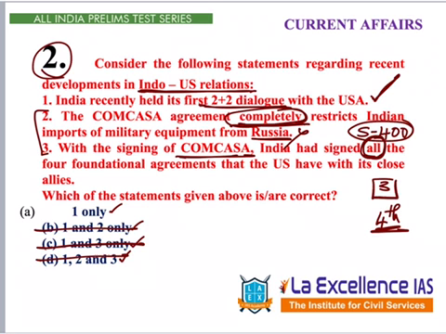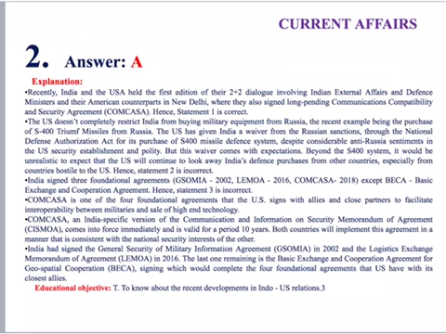So true, eliminate. The answer is A, 1 only. Here the explanation is given. We still have to sign this BECA, Basic Exchange and Cooperation Agreement. So 3 is incorrect. If we observe here, the question is not just related to that particular event, the 2+2 dialogue,